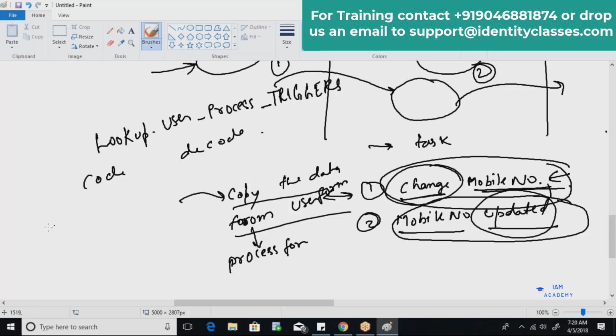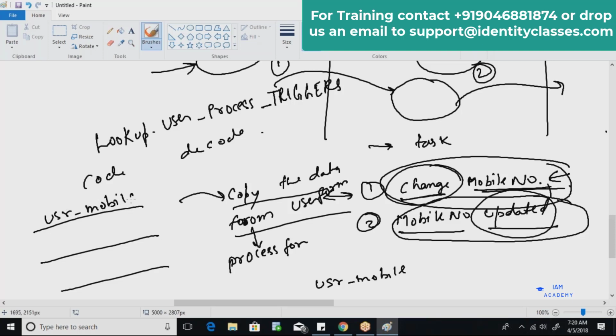In the code part, we mention the database column name of the user table. For example, for mobile number there is a column called USR_mobile in the USR table. So we write over here USR_mobile, and whenever any change happens to this particular database column, we are going to trigger the task change mobile number.